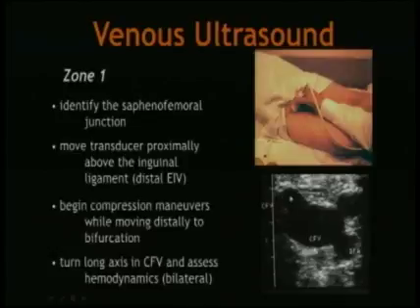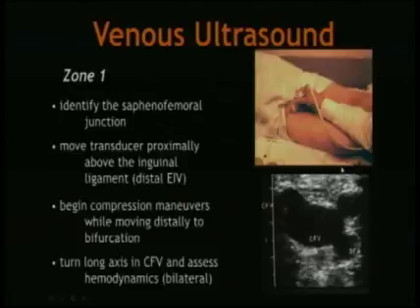Once this image has been identified, we can then take the transducer and move it proximally to the level of the inguinal ligament, where you will identify the distal external iliac vein as it dives deeply into the pelvis. At this point, I would begin my compression maneuvers while slowly moving the transducer to the bifurcation of the common femoral vein. Once I've completed evaluation of the common femoral vein in terms of my ability to compress the vessels,